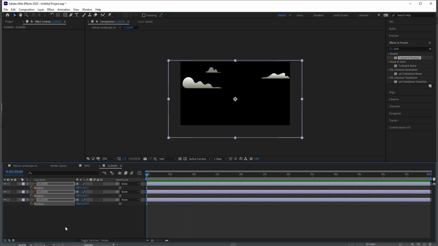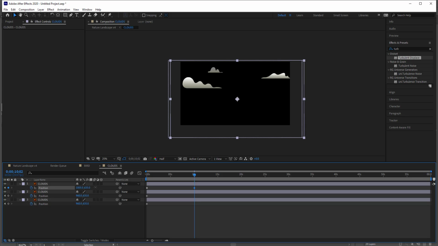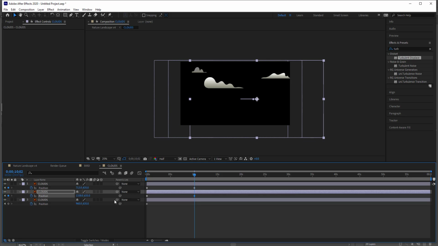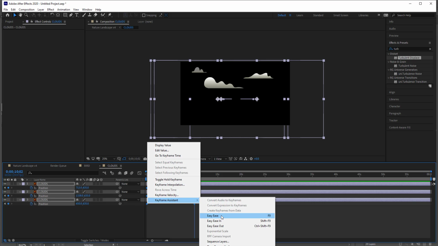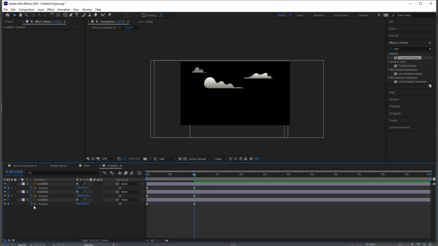And then what I'm going to do is set on all the stopwatches, and now I'm going to move forward in time to probably about 10 seconds. And what I'm going to do is just move the X values. So this one will move this way. All right, the next one will move that way, and the final one will move that way. So I'm just going to right click, easy ease, and I'm also going to add the LoopOut expression to all